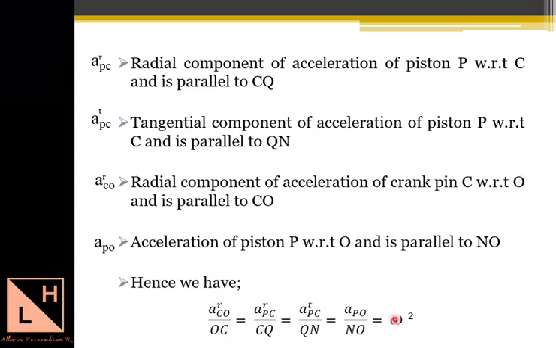It is simply the ratio of sides that we have taken from the acceleration diagram obtained by Klein's construction. Using this acceleration equation, we'll be able to find out the acceleration of the moving components in the slider crank mechanism. Omega square is simply the angular velocity itself, but it is taken along with a square. Use this equation in order to find out the accelerations in the problems that you will be solving in the next video.